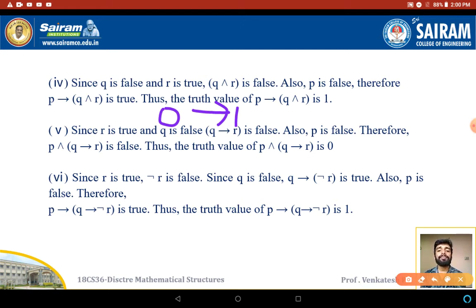It is a true statement here, right? Also here P is false. I mean the value of P is 0. So now I am going to apply the AND operation. So 0 and 1. The logical connective in between 0 and 1 is 0.